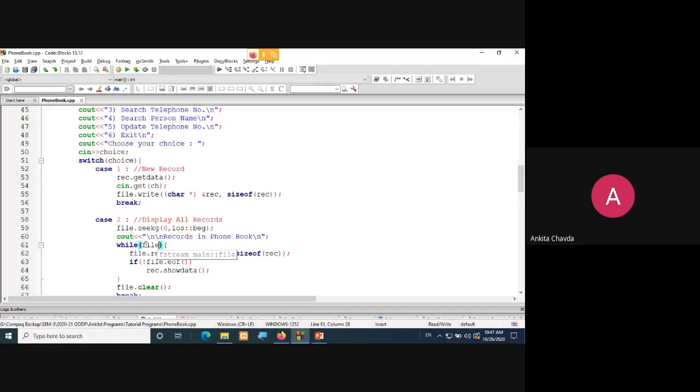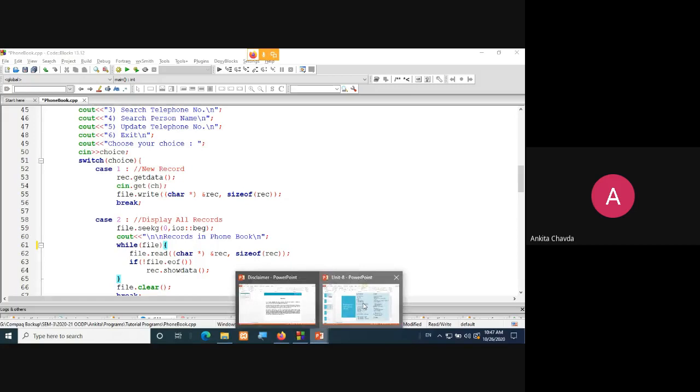Now, while there is some content in your object to read, till that time you will have the value true, right? You remember what we were using, while fin, something like this, if you have seen. The same thing, while and your file object.